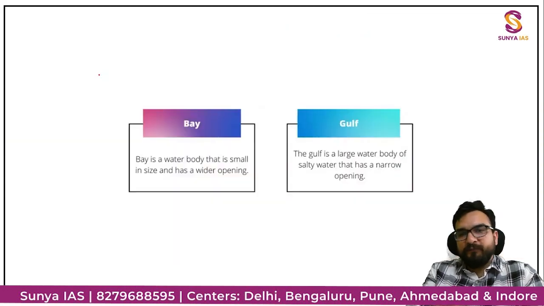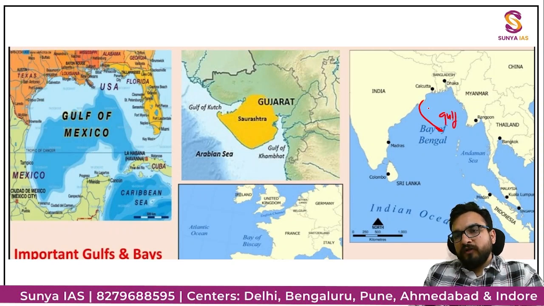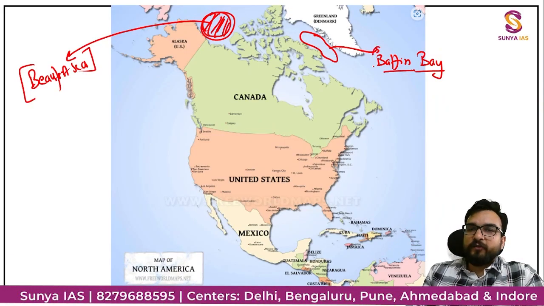Over here you will see that bay and gulf definition. Simple, that it has a wider opening and that it has a narrow opening. Bight means it has a large opening, guys. So when we will see Australia, I'll show you the Australian Bight also, right? Don't worry about it. यही landmass अगर narrow हो जाता तो we could have called it gulf. यही landmass अगर और ज्यादा broad हो जाता तो we'll call it bight, right? So that's why this is your Baffin Bay. This is your Beaufort Sea.